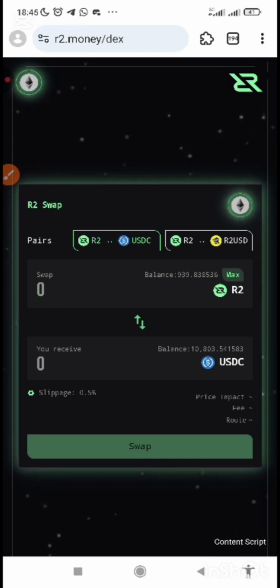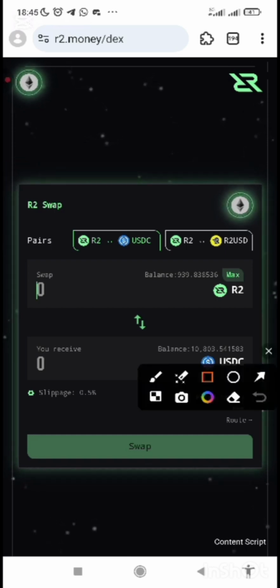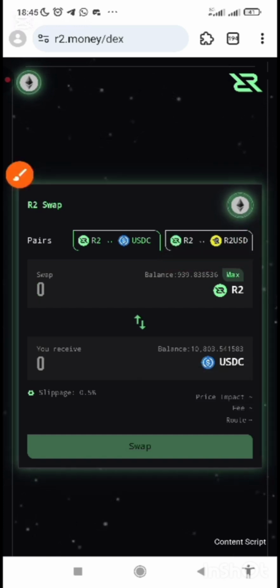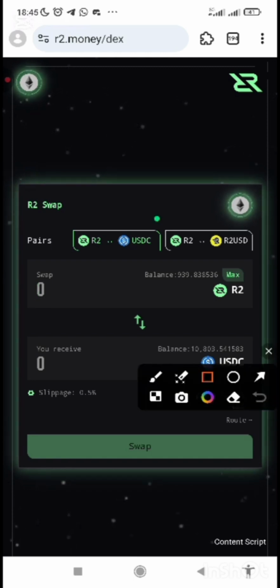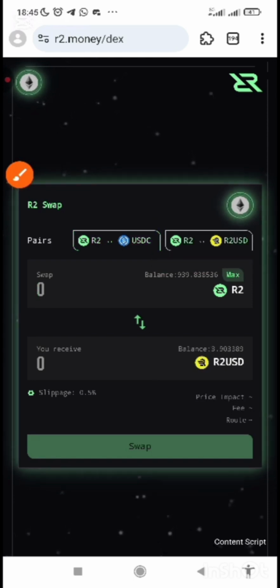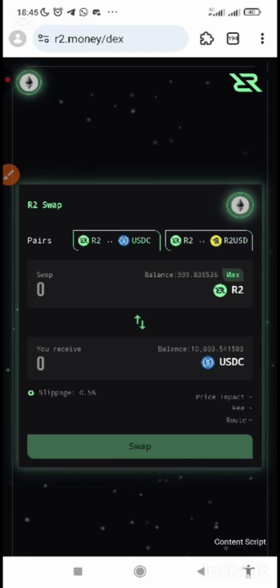And since I told you to focus on providing liquidity, how do you provide liquidity? You can only provide liquidity on R2 and R2USD. Then what do you do? You can swap part of your R2 to R2USD. Just select this one instead of this one. If you already have R2, just swap it to R2USD. Are you getting it? But if you don't have that, the USDC that you got on the Discord for Sepolia,